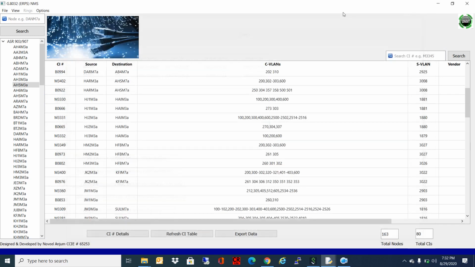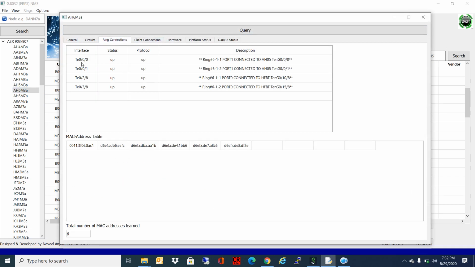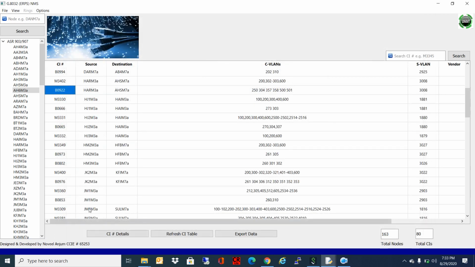But in the node level window, the ports shown here are the ports which are connected to the network. So this port, for example, TE0/0/0, is connected to the ring 6-1-1, and it is also showing the MAC addresses learned on this ASR.